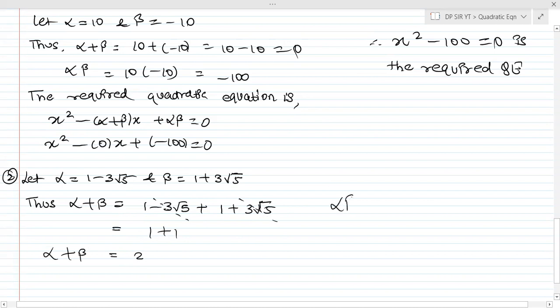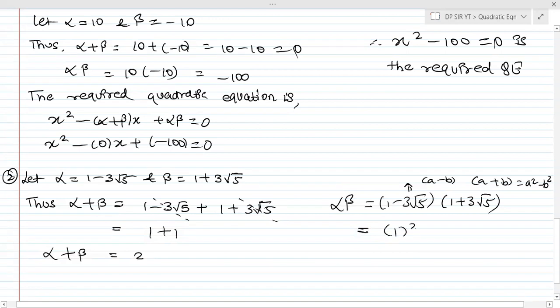Now we need to also find alpha beta which is equal to 1 minus 3 root 5 and here it's 1 plus 3 root 5. Now kids, what you all do, you just look at this but yo, what is this rubbish? Anyways, 1 plus 3 root 5 ये हो जाएगा तुम्हारा a minus b and a plus b. Okay, this is your a minus b. If you all pay attention carefully, this is my a minus b and this is my a plus b which is equal to a square minus b square. Okay, so just write it like this.